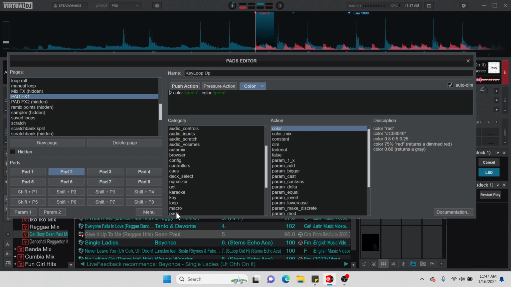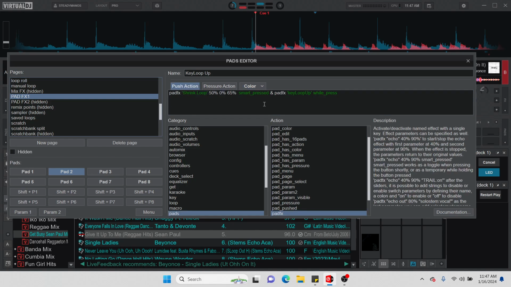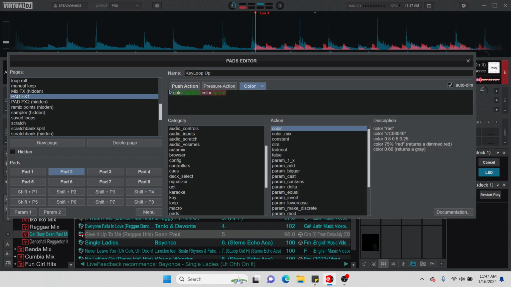Nope, it's still turning on both of them at the same time. Key loop up. I'm going to try this right here instead. What I'm trying to do is separate the